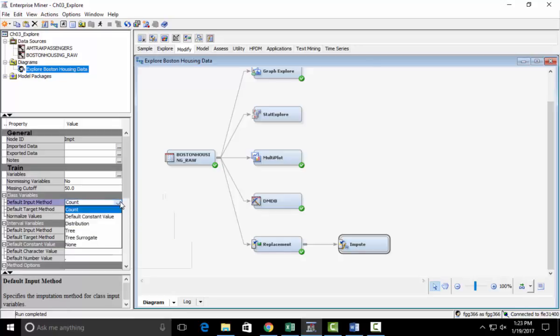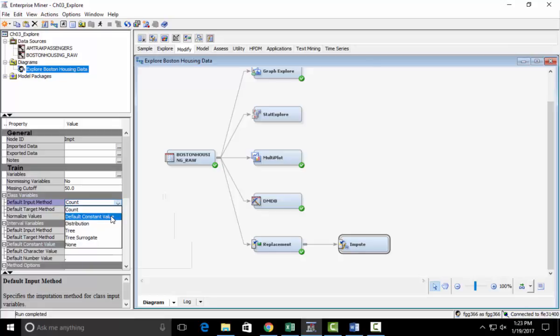And there are many options. Count is the mode. What count would do is, if a class variable is there and there are 4 different classes, which class is the most frequently occurring class in that column? And that value is what will be used as the imputed value